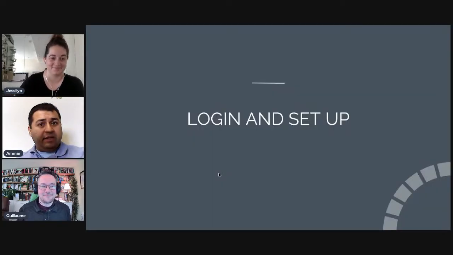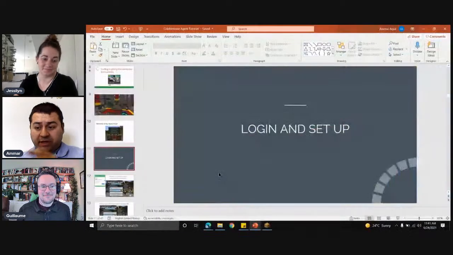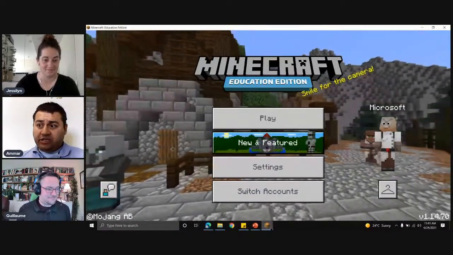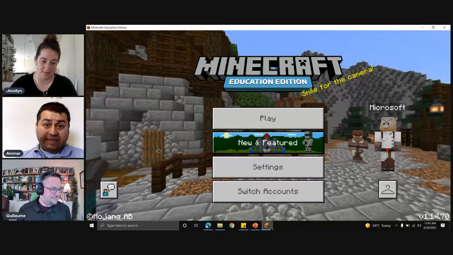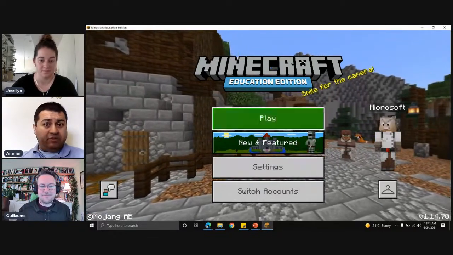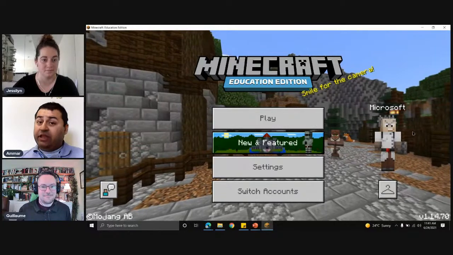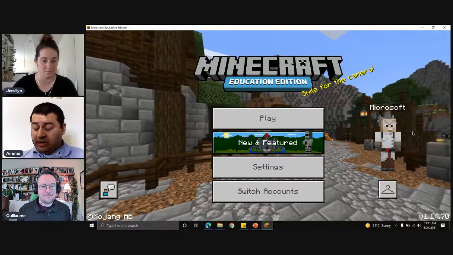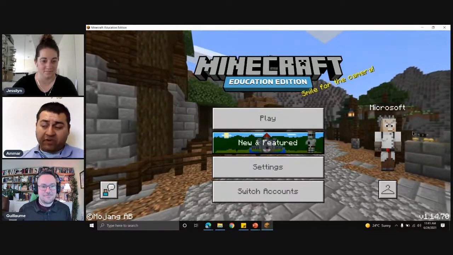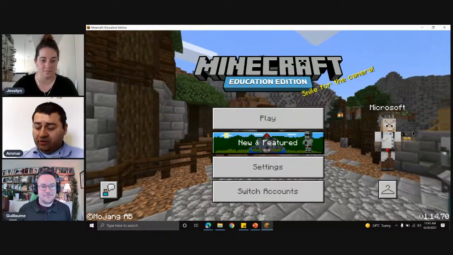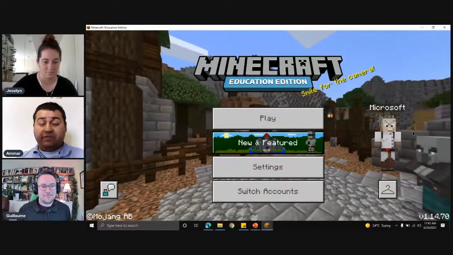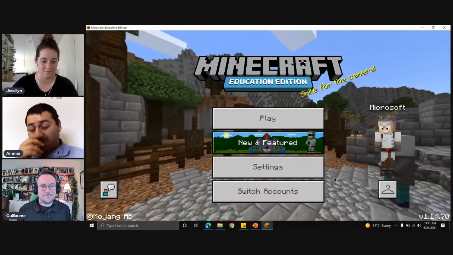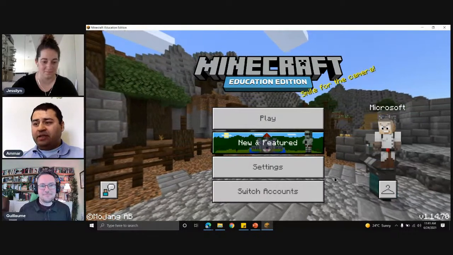At this point, let's get logged in and let's get set up. So I'm going to open up Minecraft again. Once you open up Minecraft Education Edition, remember, you're going to log in with your school email. And you're going to be on this main menu just like me. If you need more time, this is a great spot to pause it. And I'm going to wait 10 to 20 seconds before I keep on going forward. But get logged in, use your school email, your school ID, pause it if you need to contact your teacher to figure out what that is. But you're going to be on the main menu with me. So let's get going.